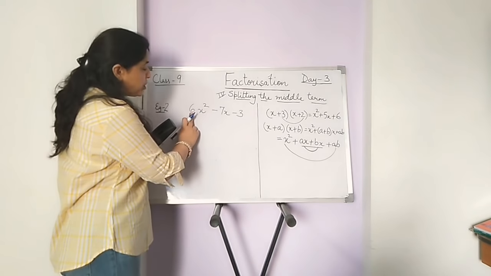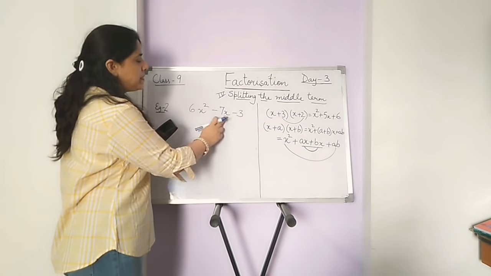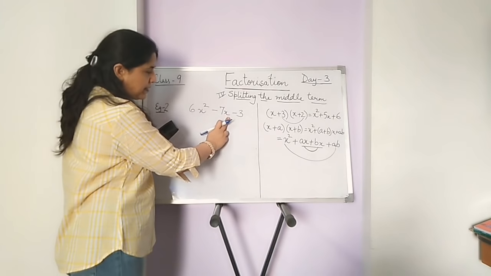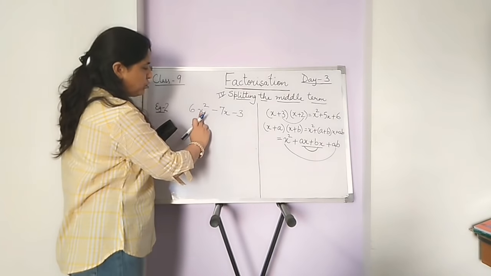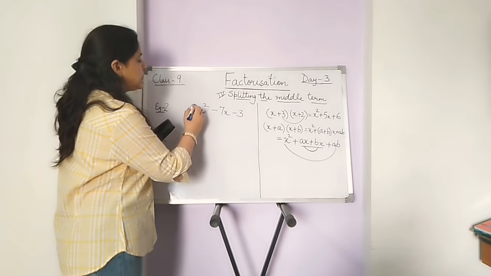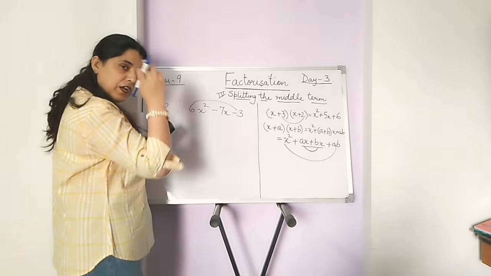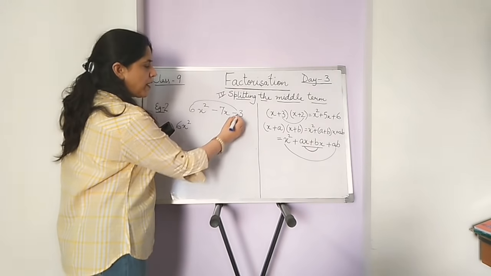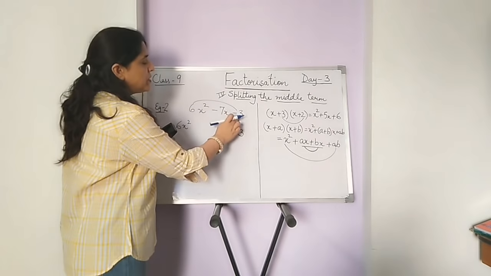6x squared, now the coefficient of x squared is not 1 but 6 here. And see, first it is arranged with the highest power of x, then in descending power of the variable, and then the constant term: power 2, then power 1, and then the constant term. Okay. Now let us see, 6 into minus 3 is minus 18. Okay. Now think of the factors. Now first term as it is 6x squared, last term as it is minus 3, and 6 threes are 18,